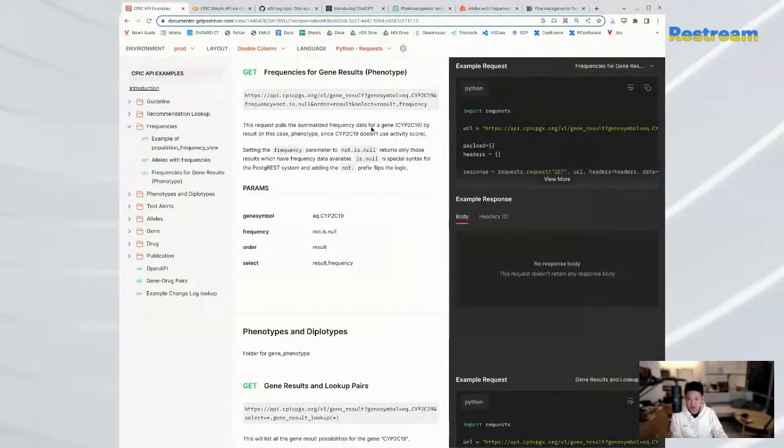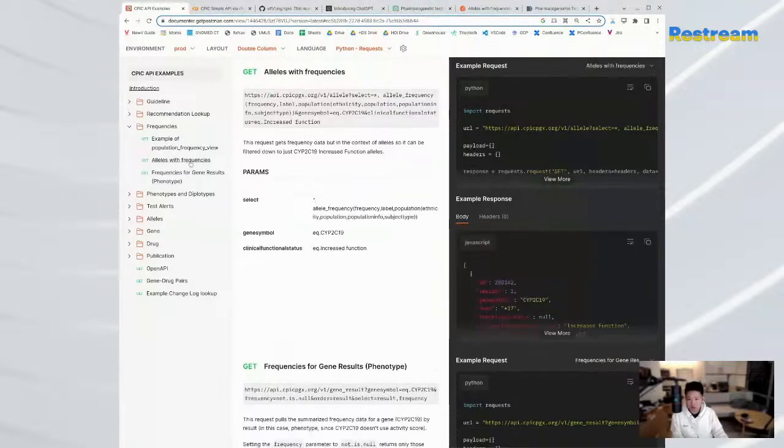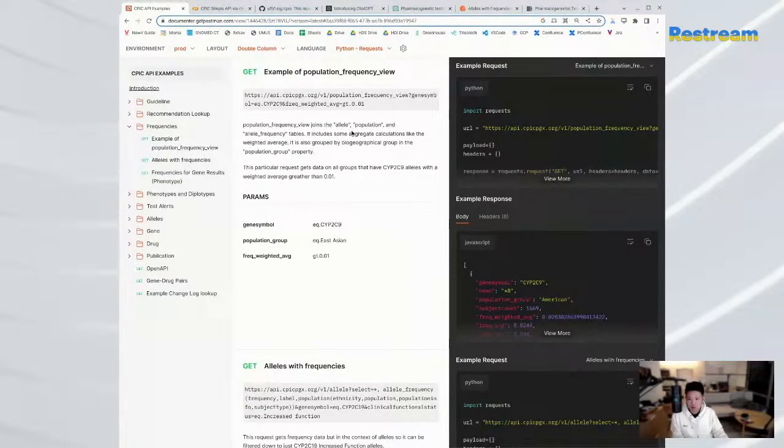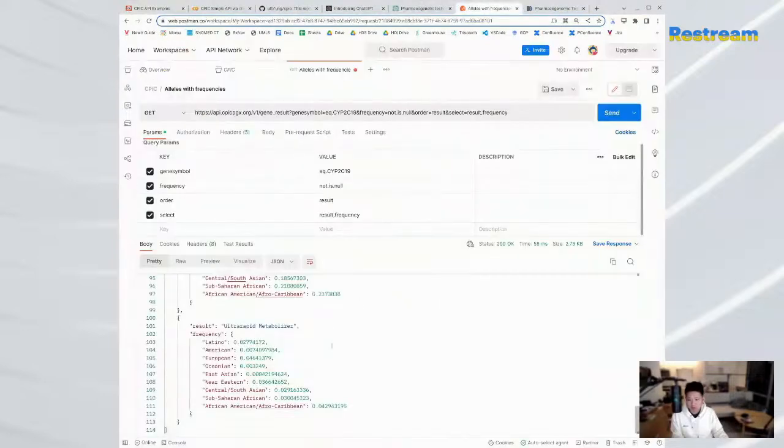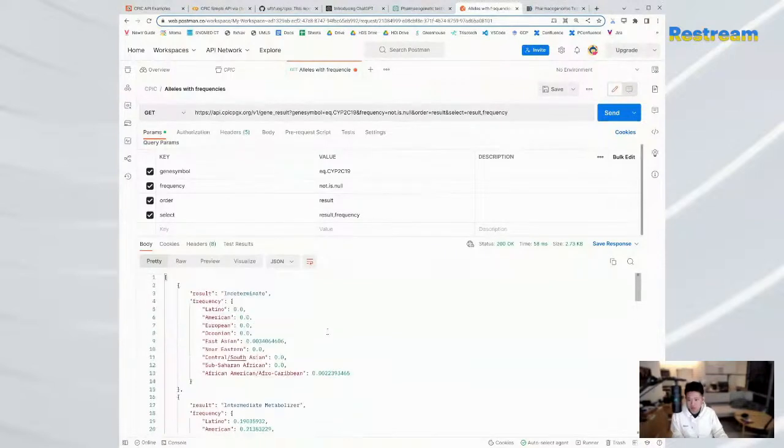This request pulls the summarized frequency for a gene by result. Joins the allele population allele frequency. Yeah, so this is what we want to know: when given a particular ethnicity,